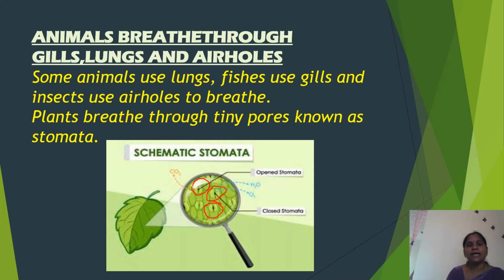So it will take carbon dioxide and it will release oxygen. So when it is opening through the stomata, the carbon dioxide will enter, and when it is opening it releases oxygen, which is taken by the animals. The gas which is taken by the animals, that is the oxygen they breathe. So what are the plants releasing out?